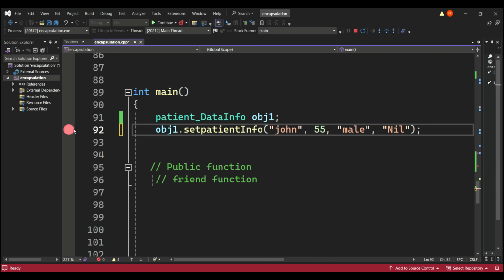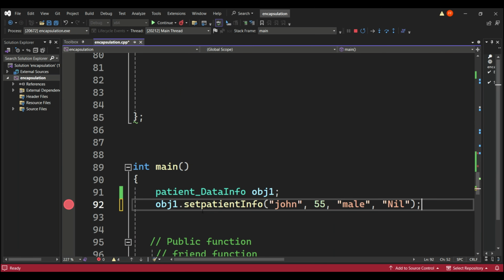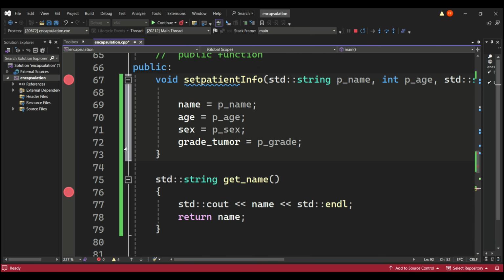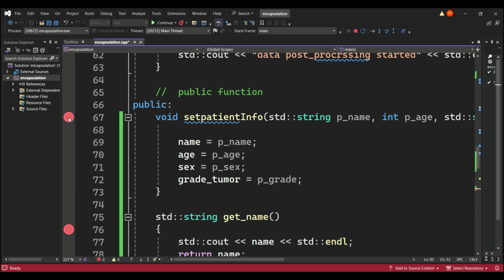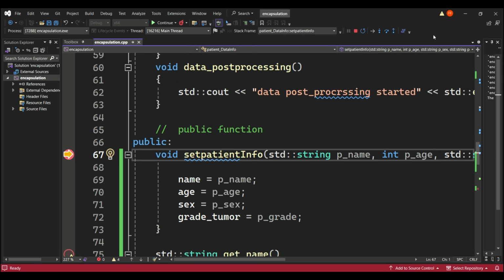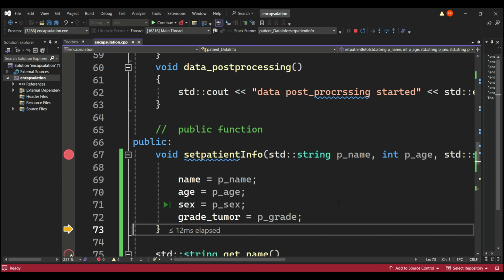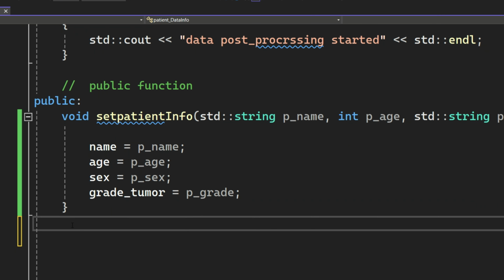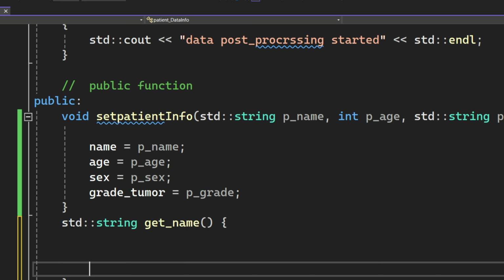Put the breakpoint here. To get inside the set patient info, also put a breakpoint here. Okay, press this icon to step into set patient info. We can make another function to get these private variables outside the class. Suppose I am taking the name of the patient outside the class: get name. Inside the curly bracket,